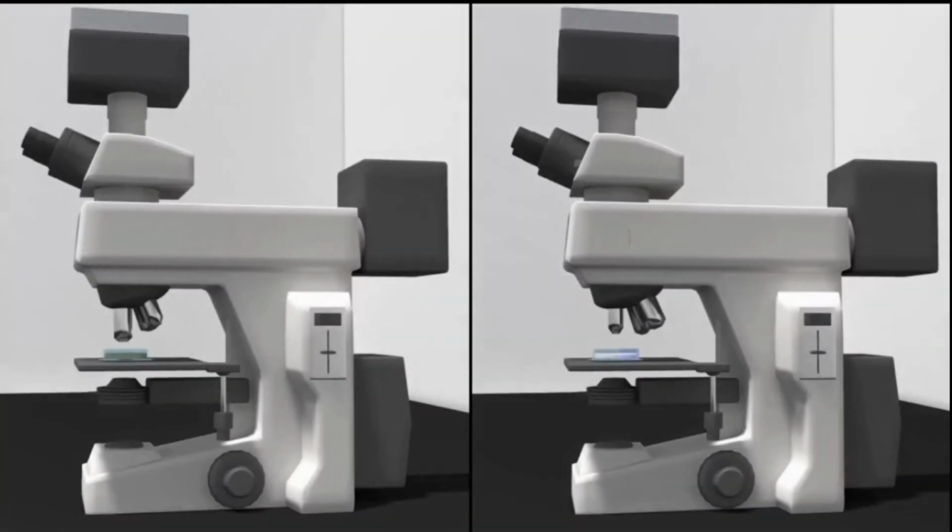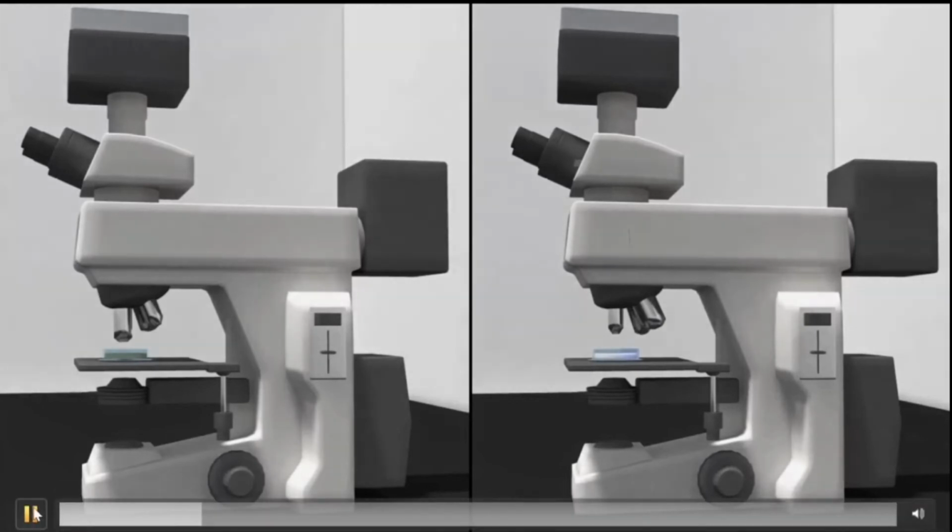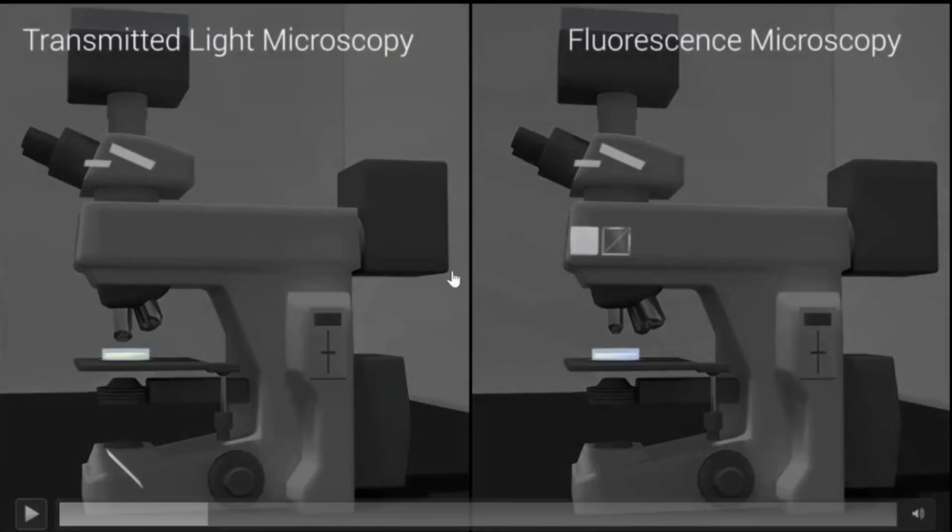In a fluorescence microscope, the light source travels in a different trajectory. Here they are now comparing normal compound microscopy with fluorescent microscopy. This is a normal compound microscope. The only difference is that it is a battery driven compound microscope, so the source of light here passes through here.